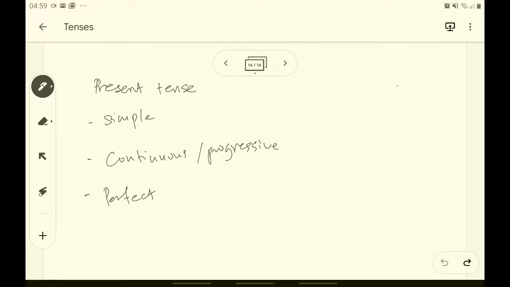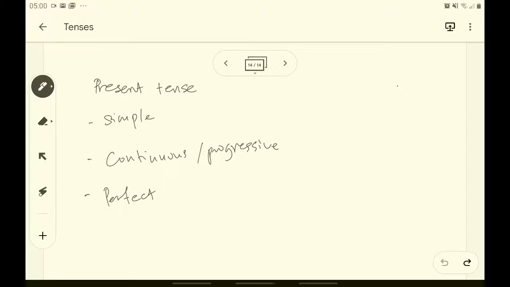For present continuous tense, it is used to describe things that are happening at a specific time in the present. So the keyword here is specific time. And the last one, present perfect tense, is used to describe things that